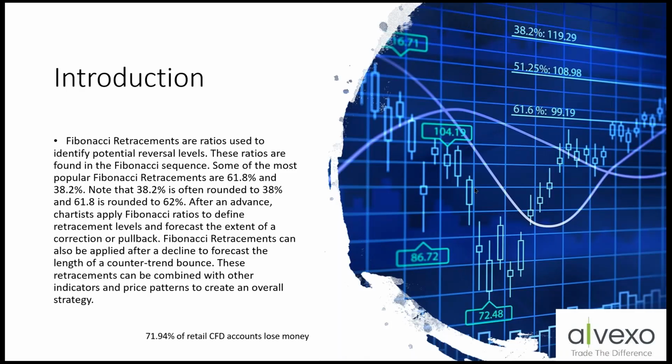Now, Fibonacci retracement levels are ratios used to identify potential reversal levels. These ratios are found in the Fibonacci sequence. Some of the most popular Fibonacci retracements are 61.8, 38.2. Now, you can round them off to 38 and 62 because